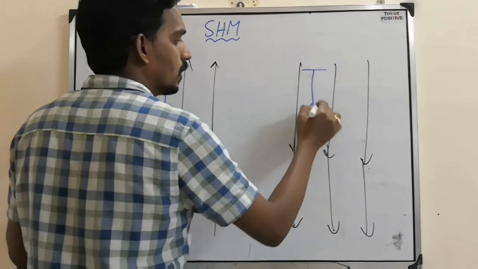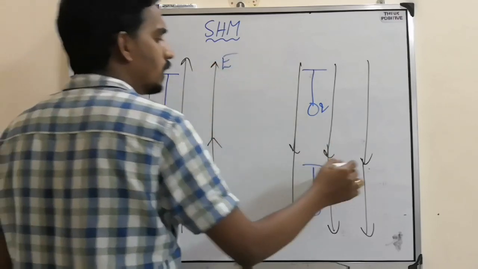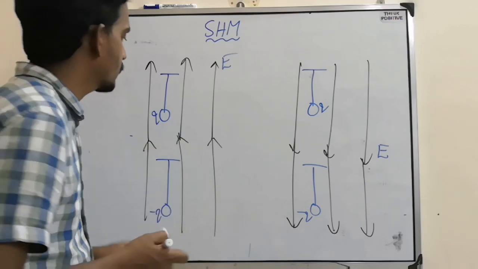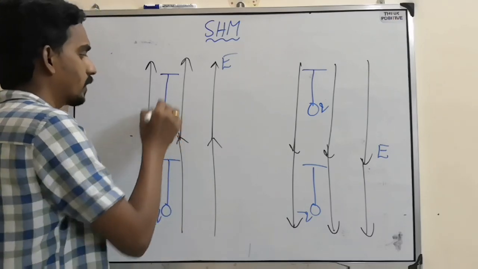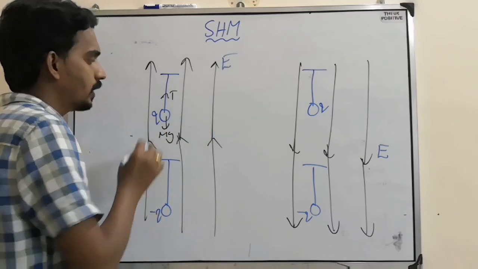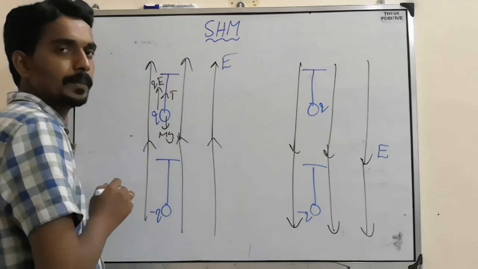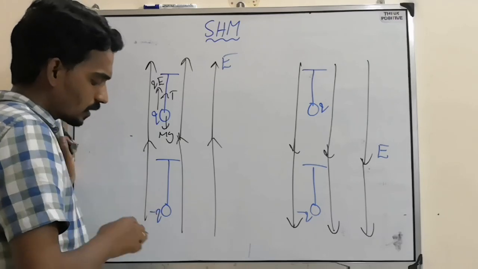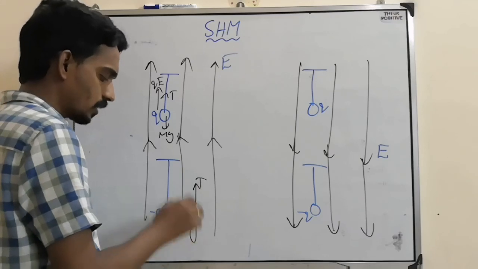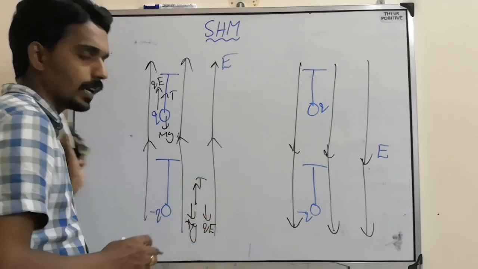Here also same thing, positive charge or negative charge. Here electric field upward, here electric field downward. Then what happens actually? Normally only mg will act. But here a charge is placed in the presence of an electric field, which means there is one more force, the electrostatic force, that is up. Now here if you consider it is negative charge, tension is up, mg is down, no one can change that. But negative charge means the electric force will be in the opposite direction.